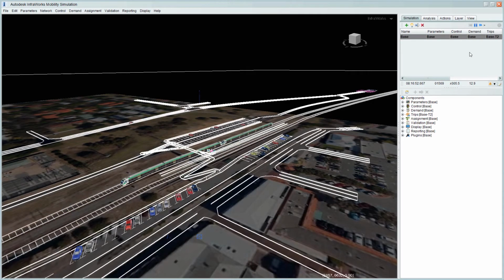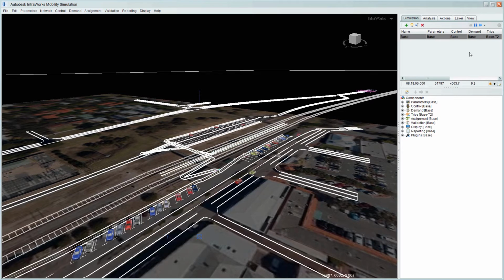Okay, so I thought we would look at a multimodal system now, where we are moving people around in cars and then changing to walking on foot and then being picked up maybe on a train and moved to another part of the city.